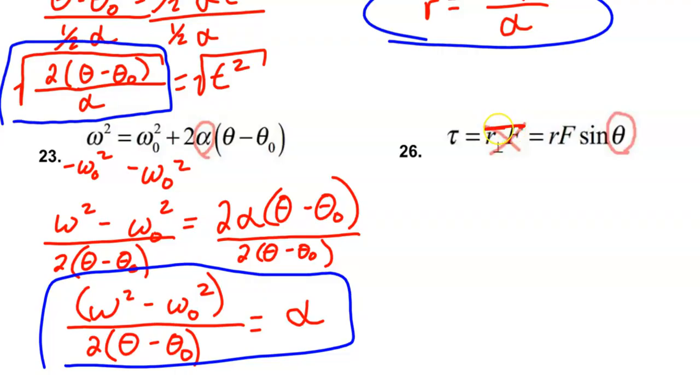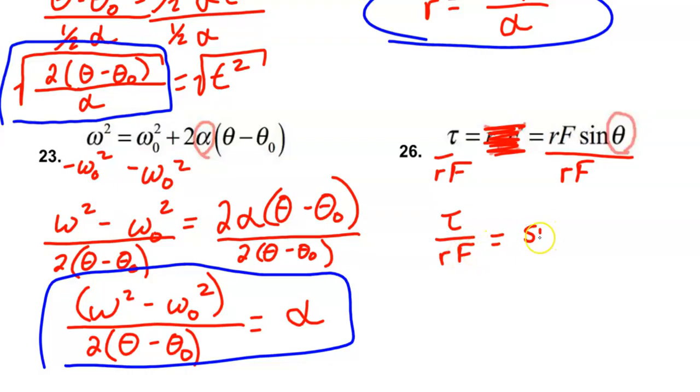And yeah, so scribble that out. Oh no, we're solving for theta and it's in a trig function. Whatever will we do? We're going to do algebra. So first things first, we can't move the sine, but we can move the R and the F. So let's do that. R, F. Okay, so what we have here is torque, tau, divided by RF